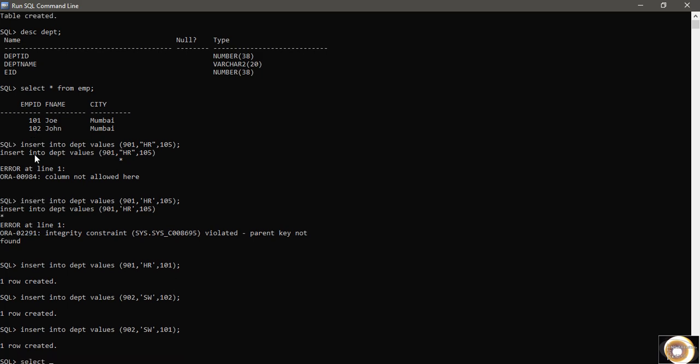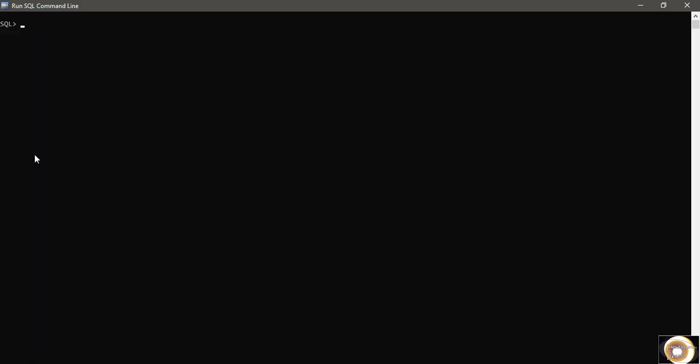Just a minute, I will clear the screen and show you again. Select star from department. Yeah, you can see only the employee IDs present in the employee table are allocated to the department. No one else has been allocated.